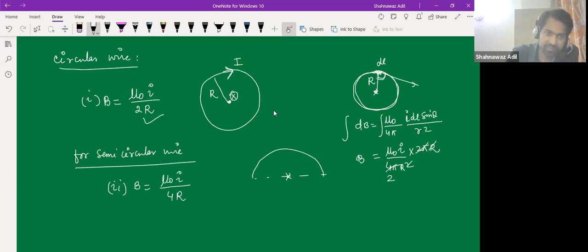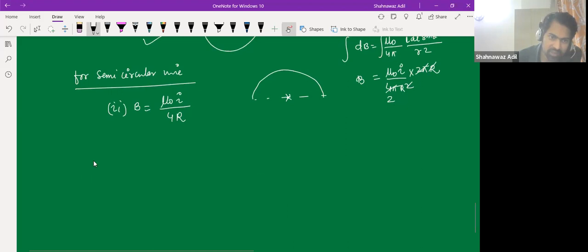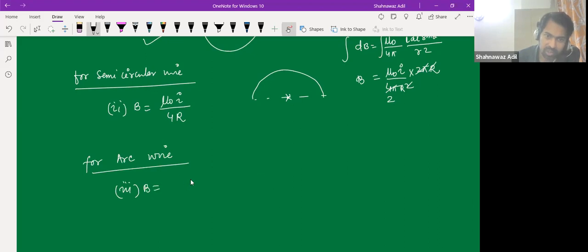And for a certain r, for an arc wire, how much would the magnetic field be? This would be mu naught